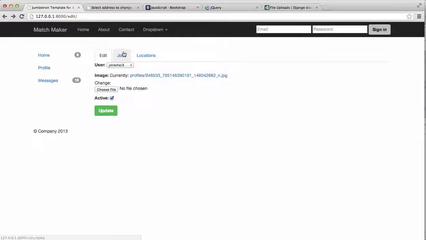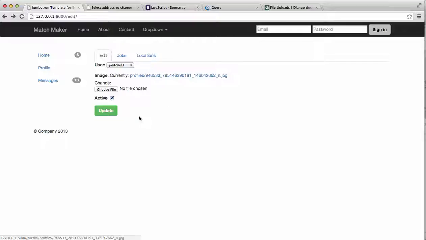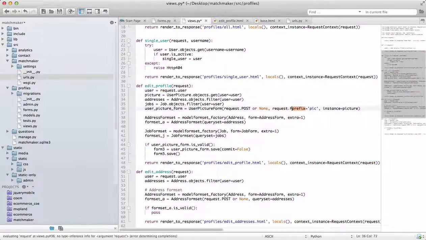Okay guys, so in this one we actually need to make it so it saves the forms and updates and all that. So let's jump into Komodo Edit. And first and foremost, on Edit Profile, we want to change our form sets to actually not even request anything. They can just get the query set, and that's okay. That's all we really need them to do, because they are not going to be handling the post data at all. Another thing we need to do is we need to request files